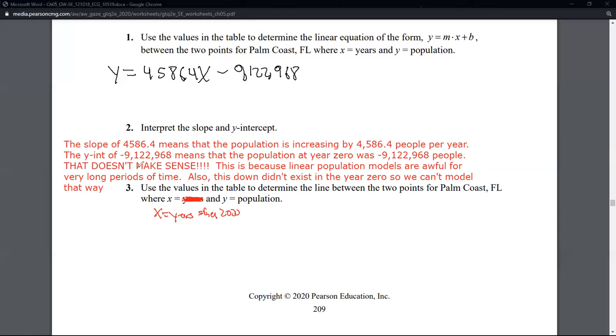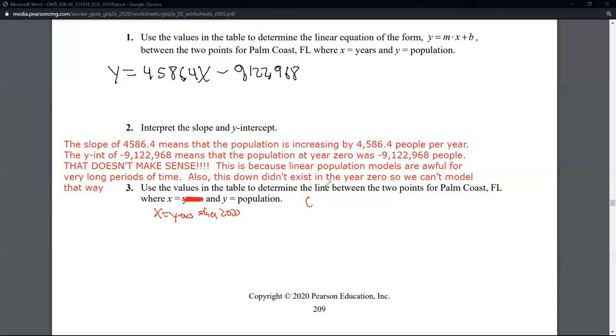If they said x equals years, then number 3 would be the exact same problem as number 1. Not the point of this. So now we want to take this to a shorter time frame for modeling the population, which I've already alluded to is generally better for lines. You don't want to do a population model for more than like 30 or 40, 50 years with lines. It's a terrible idea. All right, so we're going to use the exact same 2 points, which I'll just write them up here.